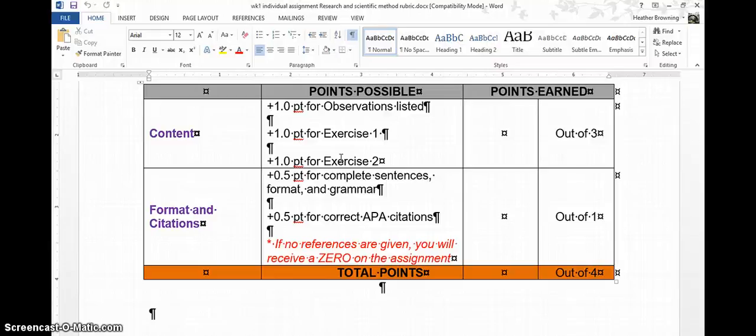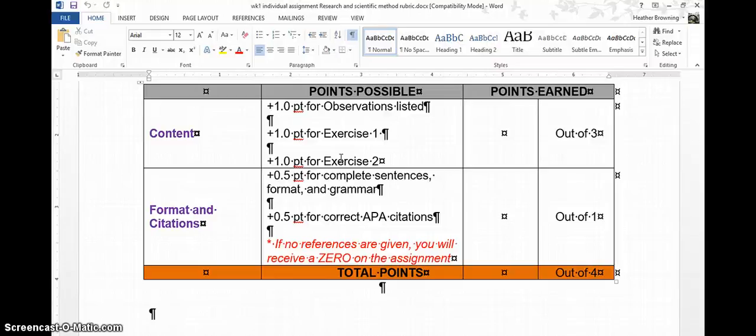There is an APA citation generator in the UOP library. That is wonderful. If you're not sure, use it. After a couple of times, you'll probably get the general gist of how the citation should look. I'm not looking for perfection, but I'm looking for it to look mostly like it should,